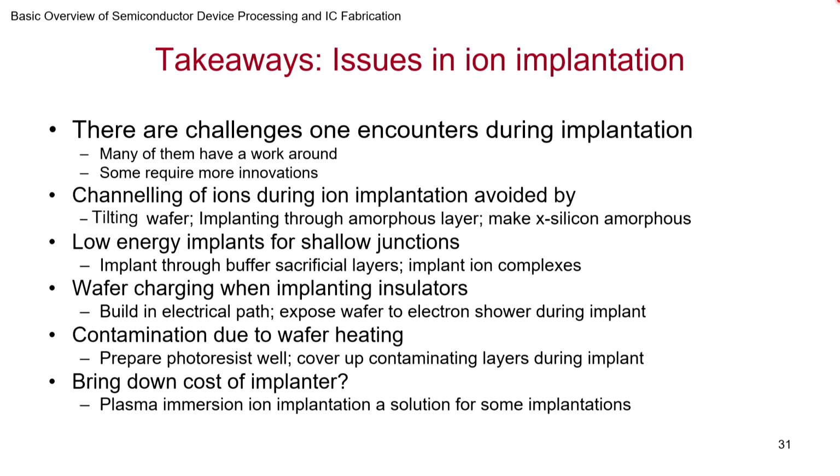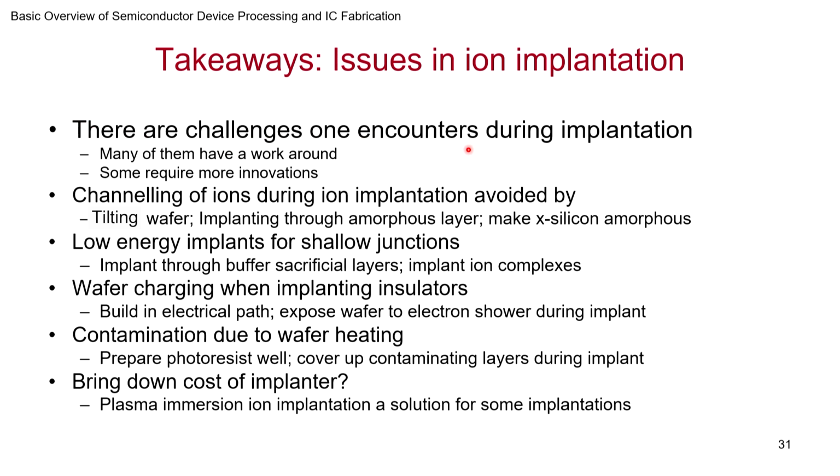And of course, plasma uniformity over a large area, it can be done. You can use magnetic fields and other things to get some uniformity. People are using plasma processes for large area substrates, but it can be a challenge to ensure the uniformity that you get, especially with the current existing ion implantation. But all the same, I am just leaving you with a novel approach to implantation, and something that you can ponder about. So let's quickly look at the takeaways on issues in ion implantation.